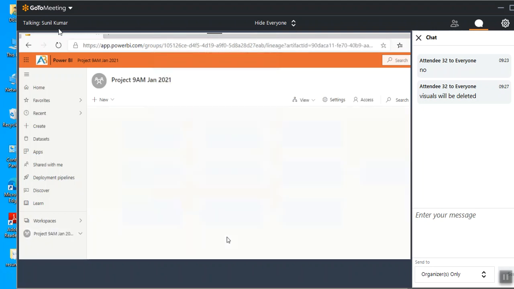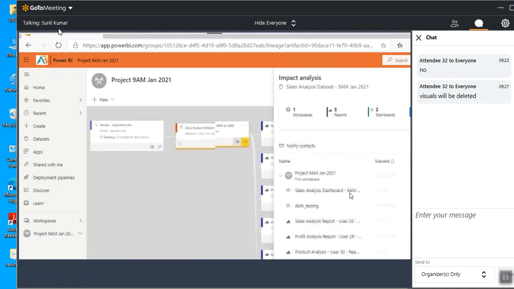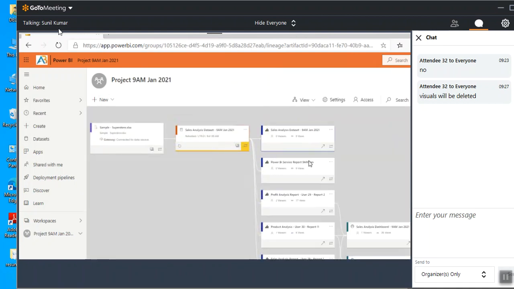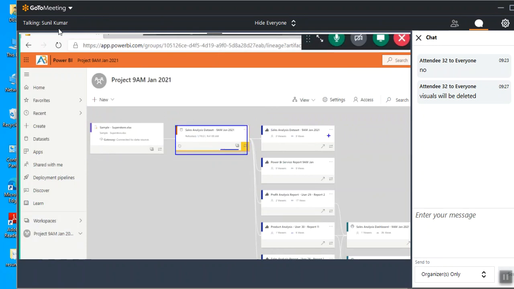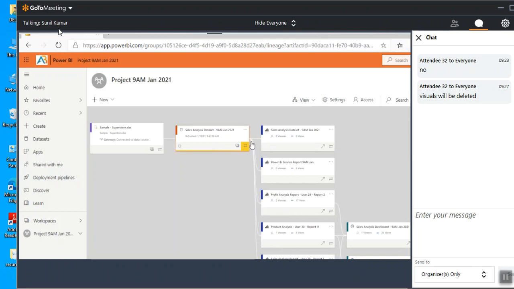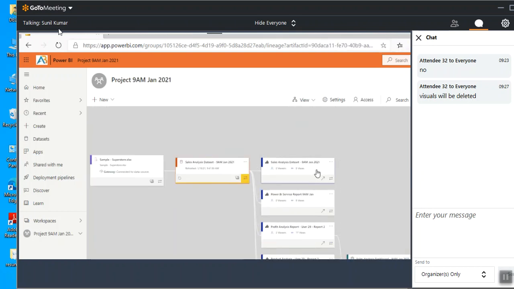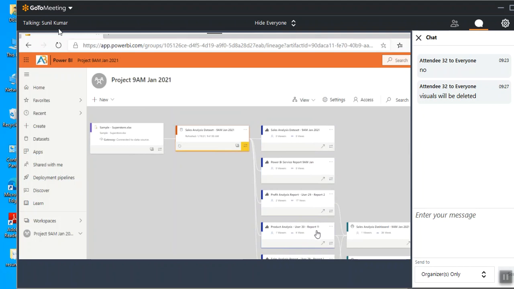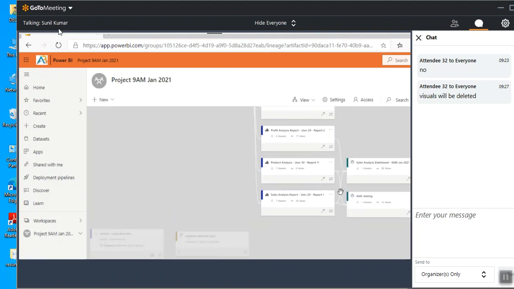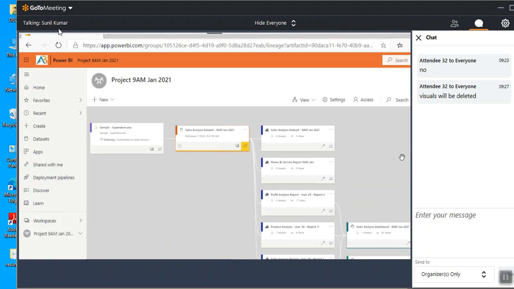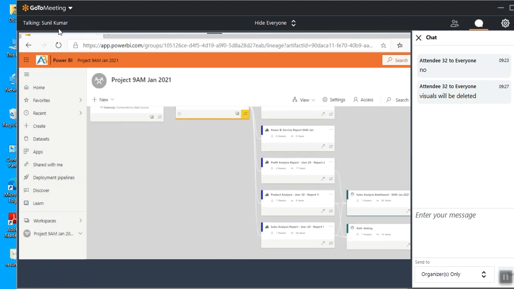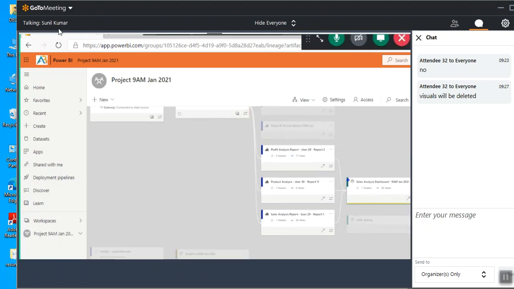It will show related objects. When I click on view lineage, it will open a graph. I click on the data set, I click on view lineage. On this data set, how many reports were developed? You can see it. On this data set, we developed a few reports like this. 1, 2, 3, 4, 5 reports, 5 reports we created. So on top of those reports, what dashboards did we create? You can see, to create these dashboards, we used these 3 reports.